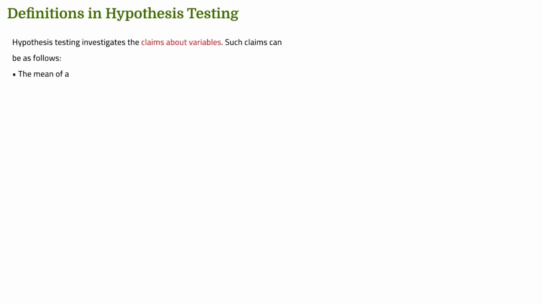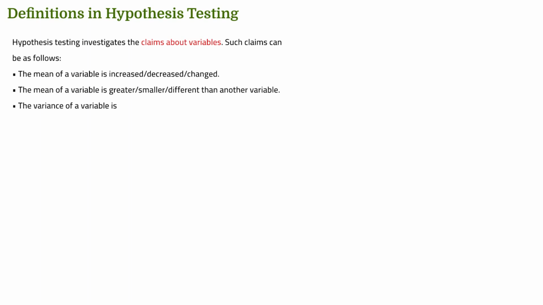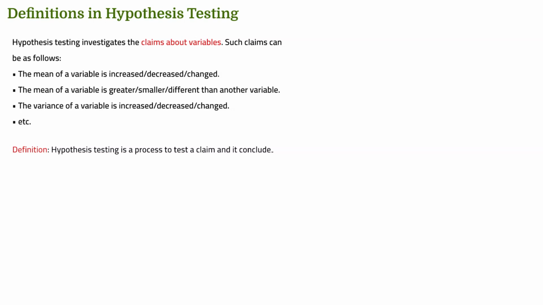Next topic: definitions in hypothesis testing. Hypothesis testing investigates claims about variables. Such claims can be as follows: the mean of a variable is increased, decreased, or changed. The mean of a variable is greater, smaller, or different than another variable. The variance of a variable is increased, decreased, changed, etc. Definition: hypothesis testing is a process to test a claim and it concludes with either rejecting a claim or accepting